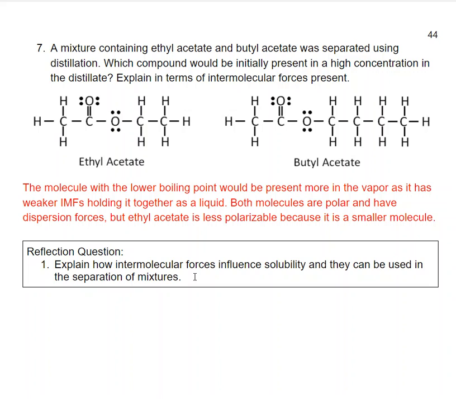So how can we use intermolecular forces to influence solubility to separate mixtures? We can use the relative interaction between a stationary and mobile phase and a molecule to speed or slow that molecule's progression through the stationary phase. And this allows us to